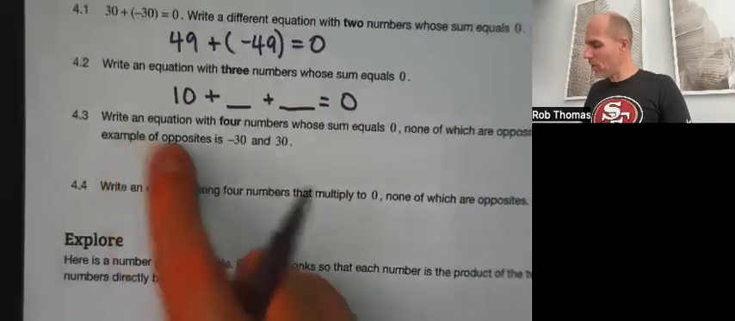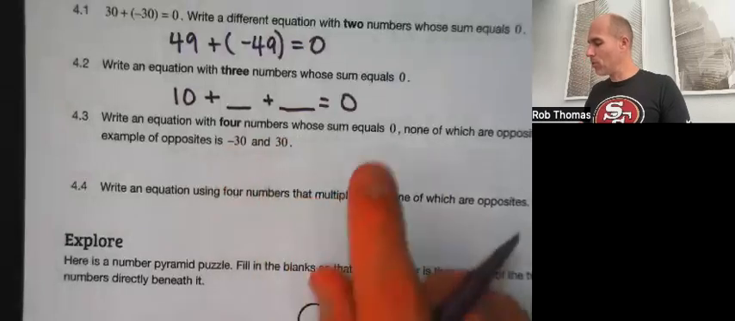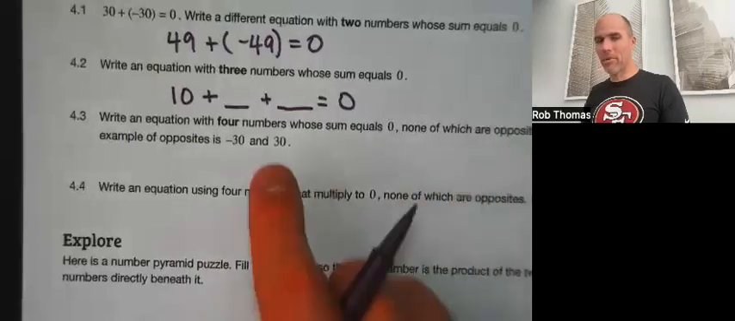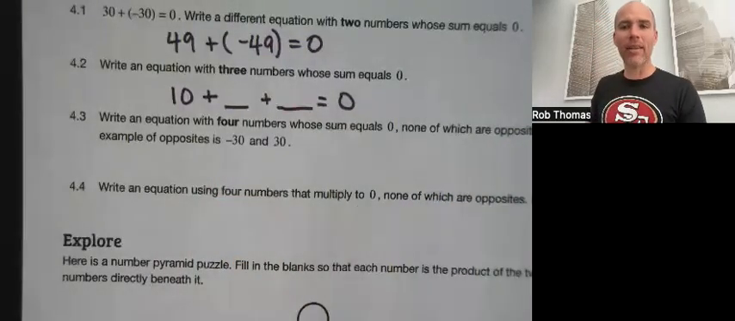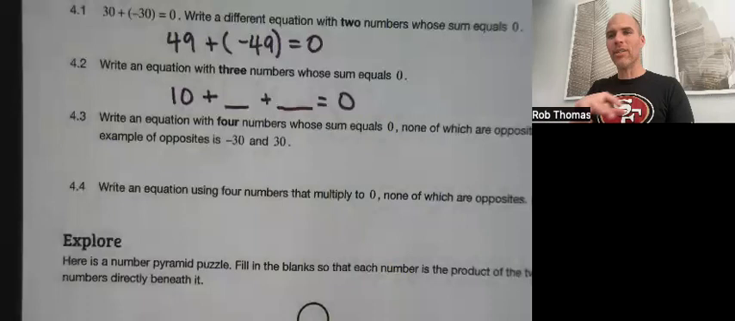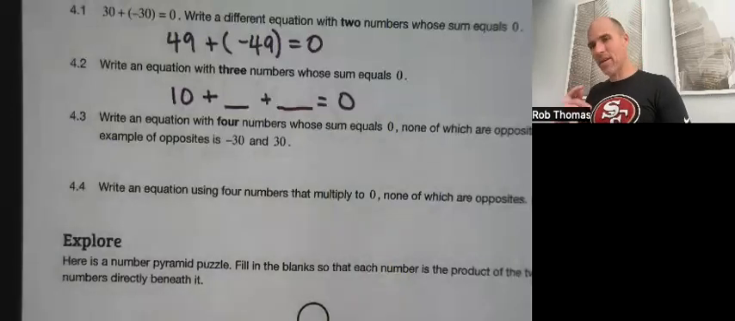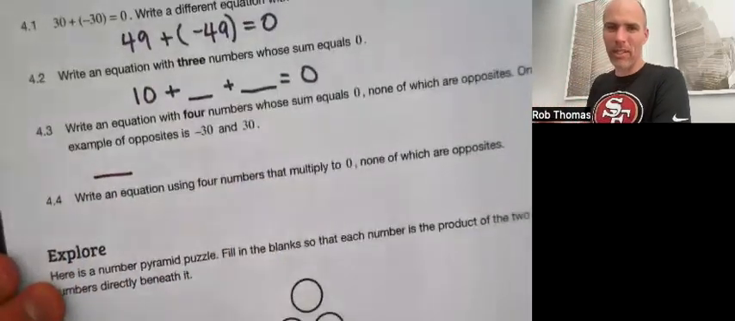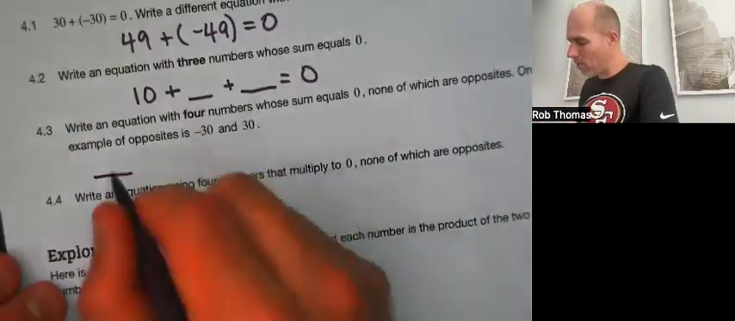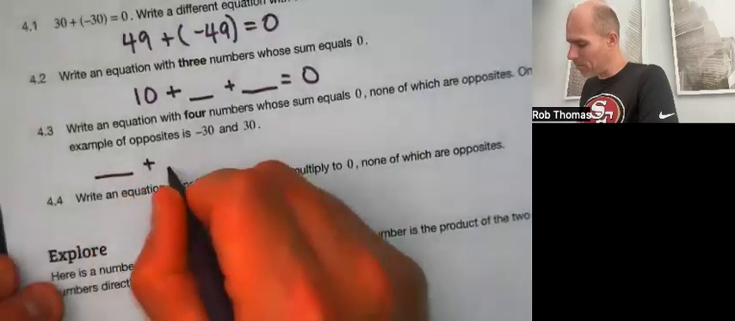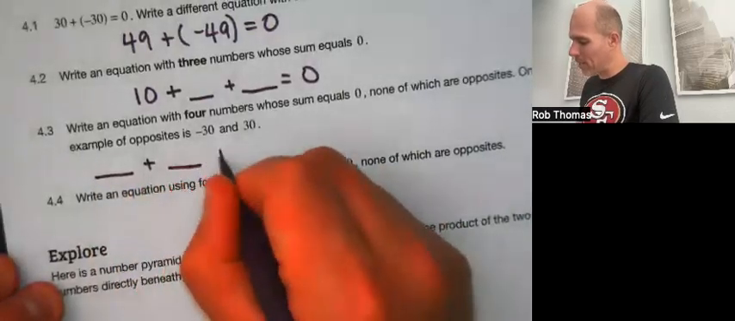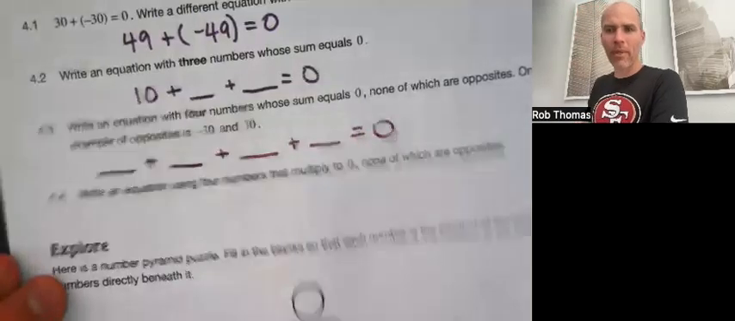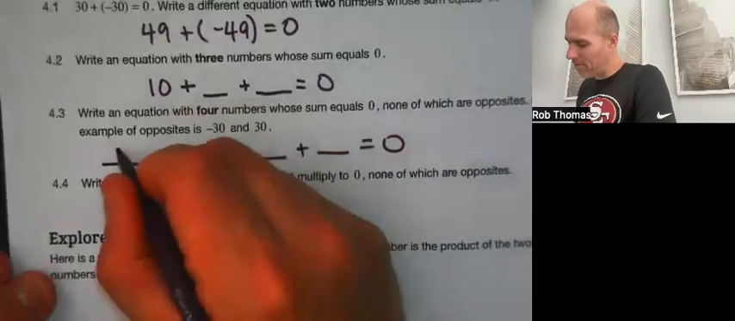All right, and then write an equation with 4 numbers whose sum equals 0, none of which are opposites. And one example of opposites is negative 30 and 30. So 4 different numbers, no zeros, no opposites. All right, so didn't say they have to be super big numbers, so we could do something kind of easy. What if we did, like, I'm going to set it up like this: blank plus blank plus blank plus blank equals 0. What if I start with like a 5,